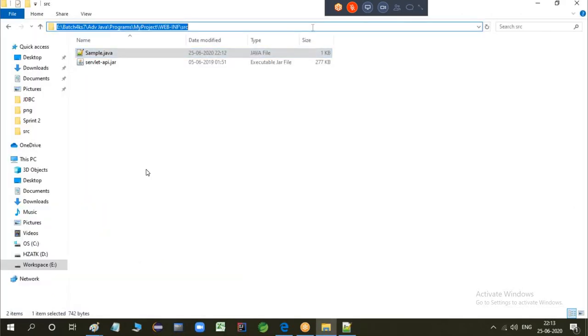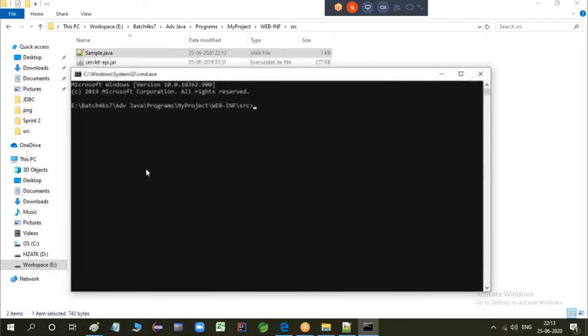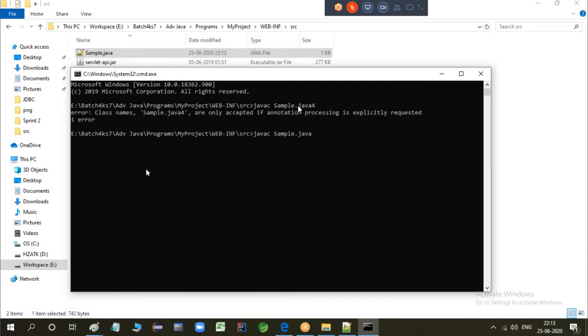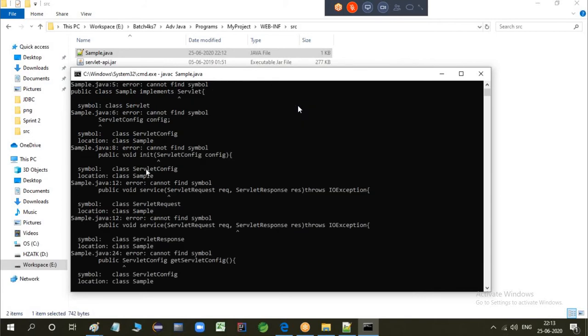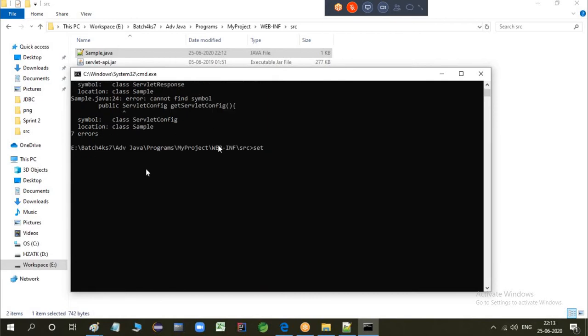I need to compile this with javac, the Java compiler. It's not compiling, so what I need to do is set the classpath.